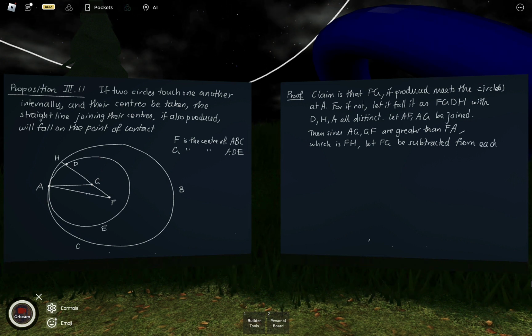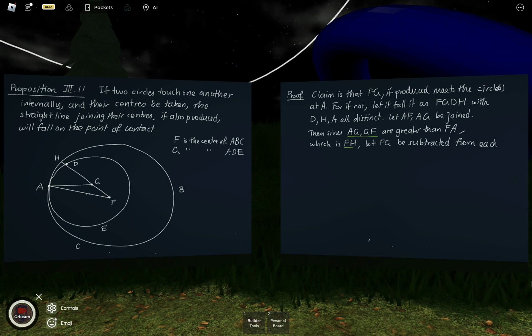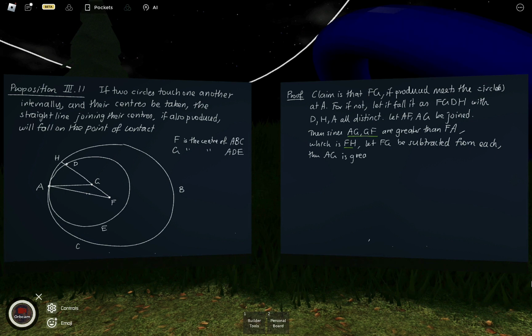That is from this and from this. Then AG is greater than FH, subtract FG, which is GH. Okay, so AG is greater than GH,